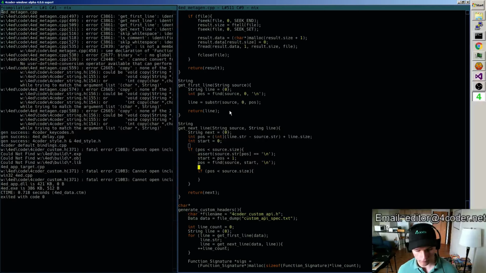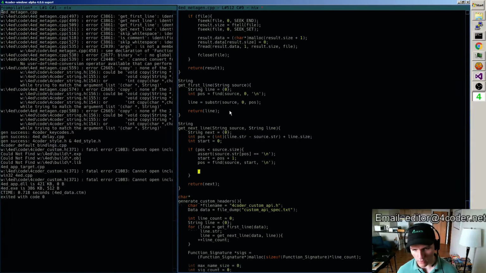right, so okay. Then what I want to do is say, okay, so position equals blah blah blah. If position is still less than source size, no, I don't need to do that. What I do need is we have where we started, and that should be one after the new line.